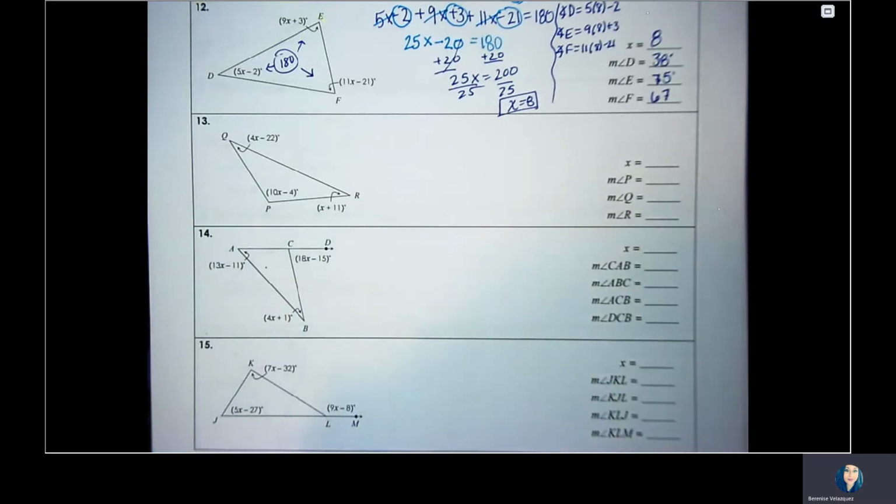Still have a triangle, still have all 3 sides given with x's. So all I have to do is the exact same thing I just did from the previous one. So I challenge you to try to set this one up, maybe pause it here and see if you can do it. And if you can't, then just wait. I will be setting it up for you, but I challenge you to try to set it up, solve for x, see if you get everything correct. Okay, so